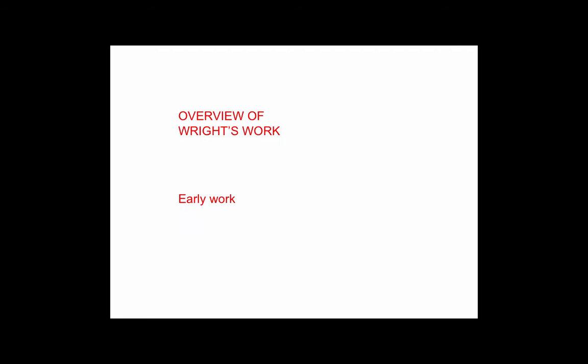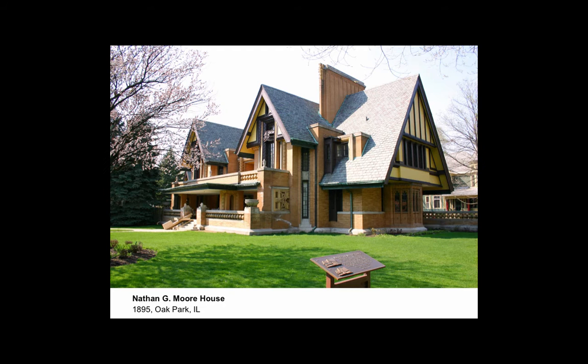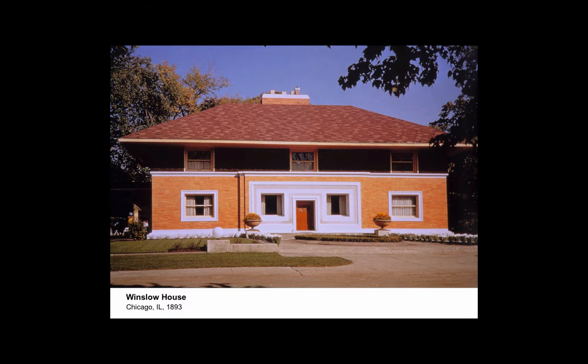So, overview of Wright's work. We break this up. Early work. First we have right before Wright. Client wants a Tudor house, the client gets a Tudor house. There are six kids to feed. So there are buildings Wright did that if you're really into it, you could say, I see some Wright here. But this is not his mature style.